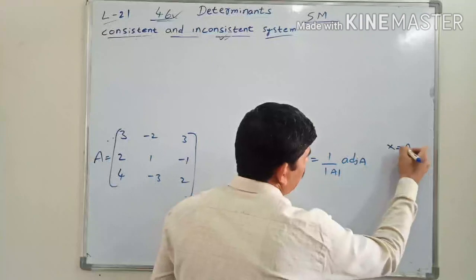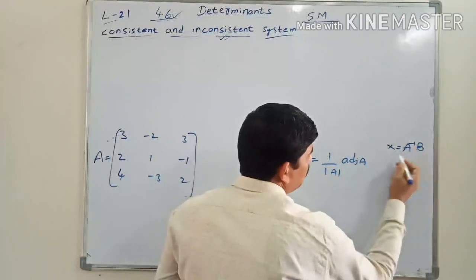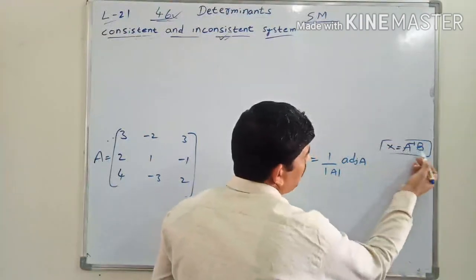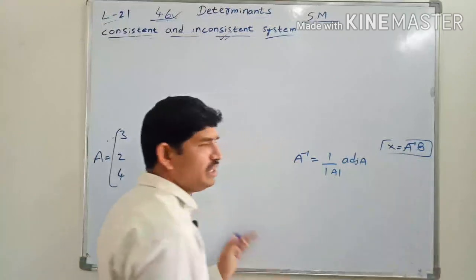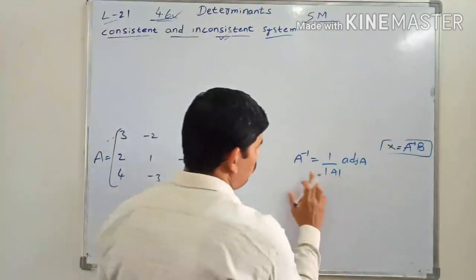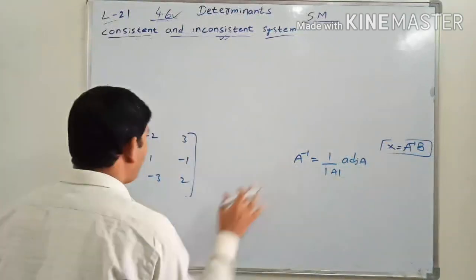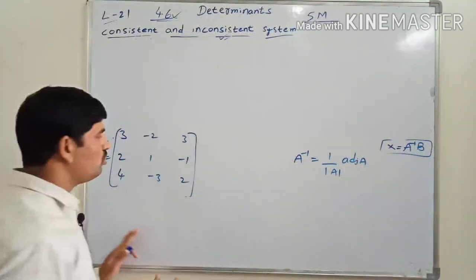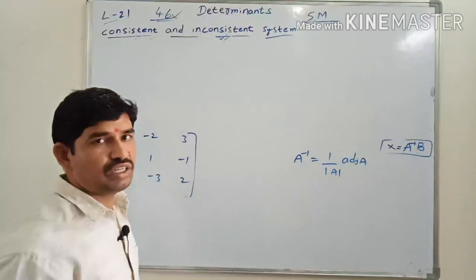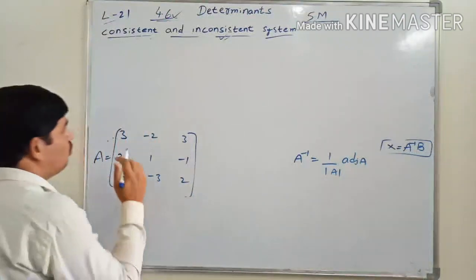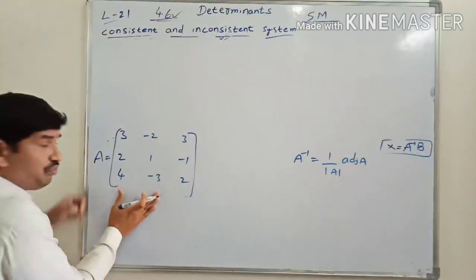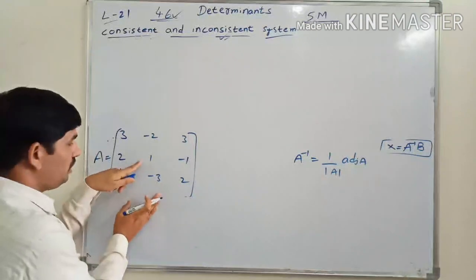Just now I have made the rough of this total part. So see, A inverse into B, we have to get A inverse. The B matrix is there already. So A inverse is equal to 1 by determinant of A into adjoint A. So first we can find the adjoint A. Sir, how we can find the adjoint A without using the cofactors, I am going to continue. Okay, see this matrix A is there now. From this only I will write the adjoint A.